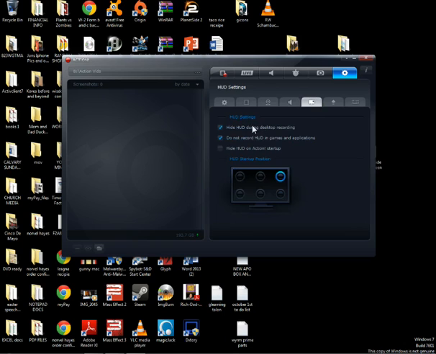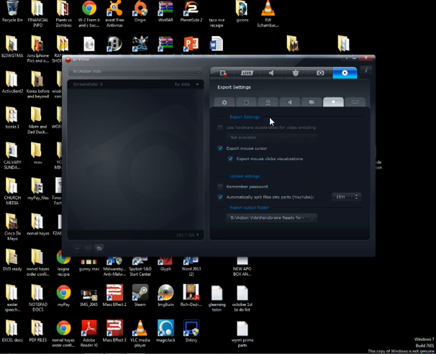HUD settings, I put just hide during desktop recording and do not record HUD in games and applications, and that's your discretion. Export settings, automatically split files into parts for YouTube, 15-minute increments. That's your discretion. Now this output folder,